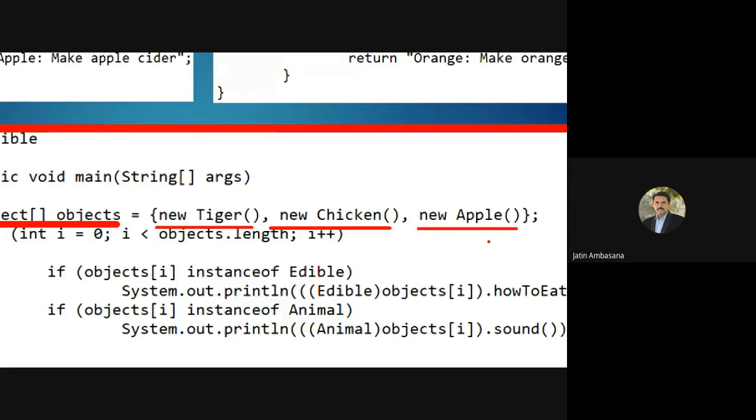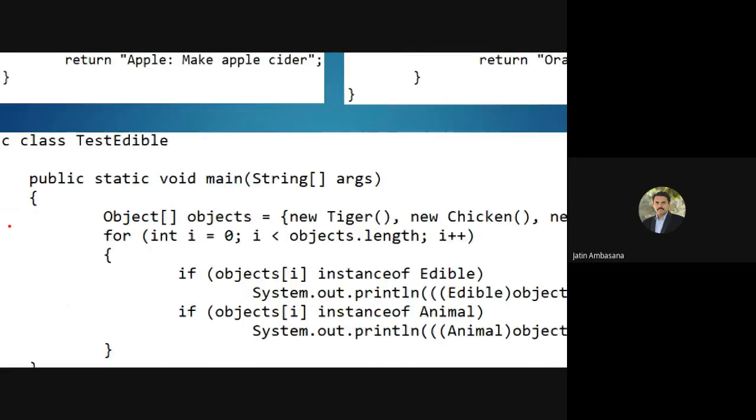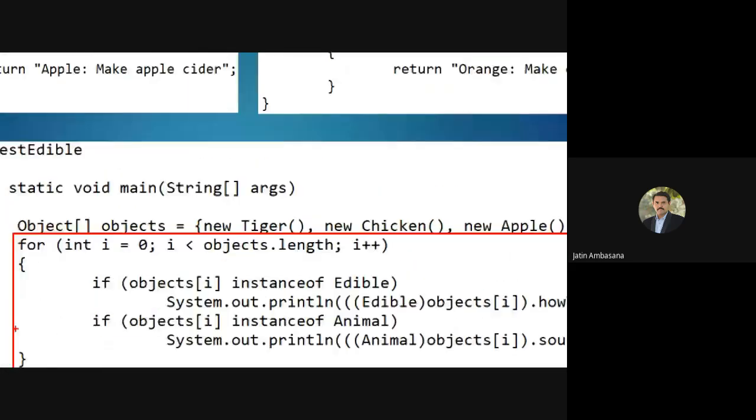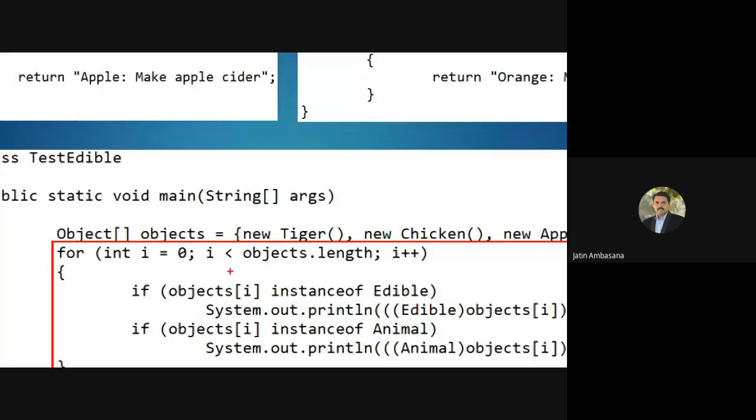Now see, since this is an array of objects, how do we access its elements? Check this out. We use the for loop. We start from i equal to 0 to the length of the objects array. And now, for each ith object, what do we check?